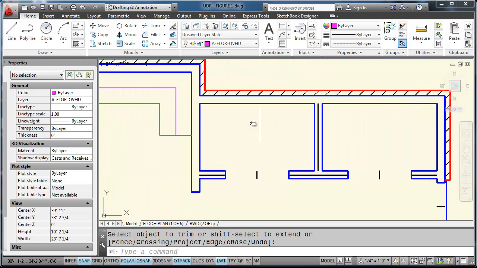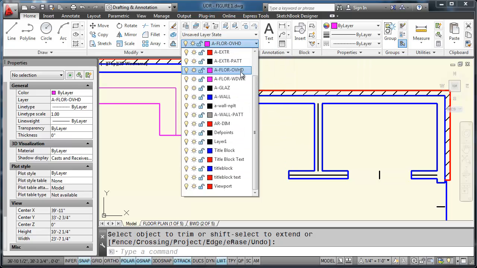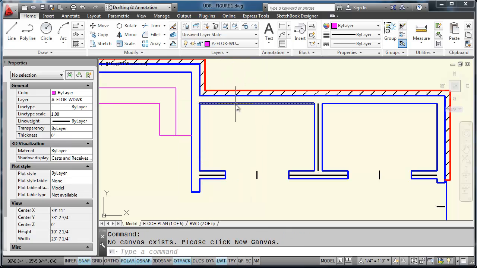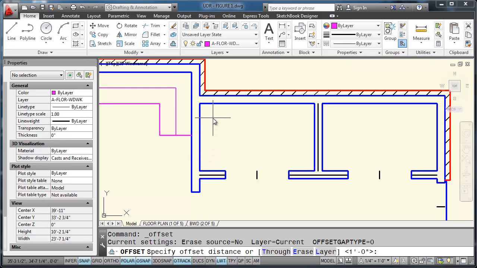The next step would be to draw the shelves in the closet. So I'm going to set my woodwork layer current again. So we'll use offset. The shelves in the cabinets is a 1 by 12, so they're about 12 inches deep, and then we have a center line that represents the pole. In the back of the cabinet there's a set of shelves. So let's use offset. Set my distance to 1 foot,